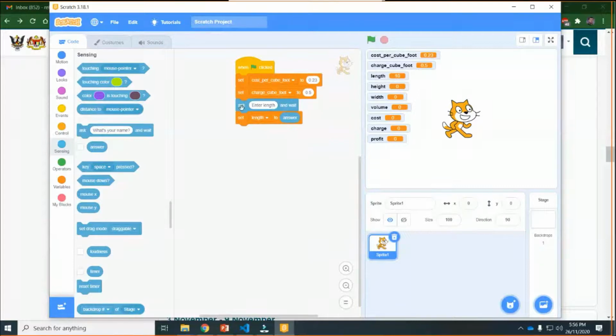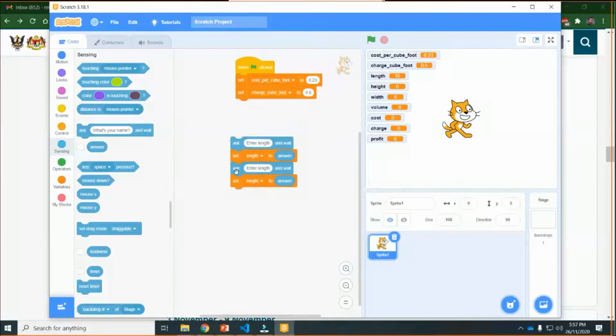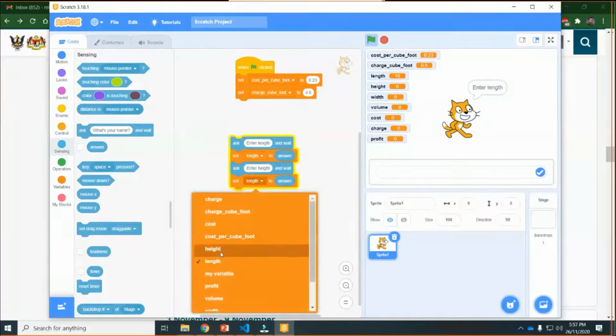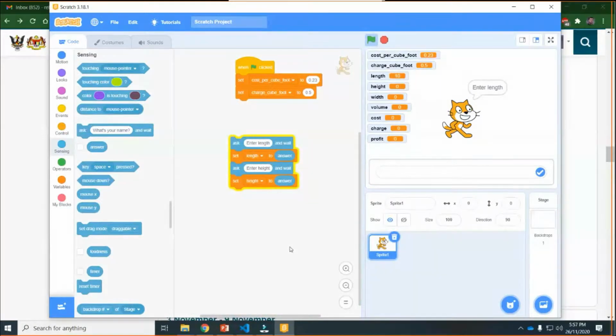Okay, so the same thing, I need for height, I need for width, right? So I will duplicate the whole block, and then change this one to height, and don't forget to change this one also to height.